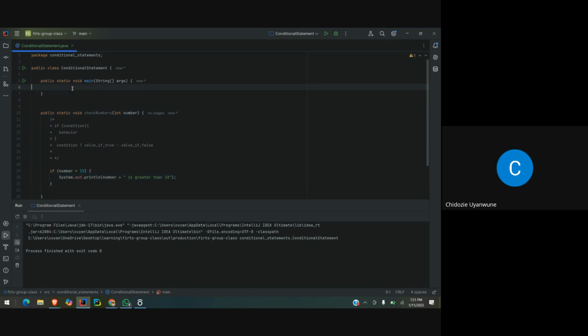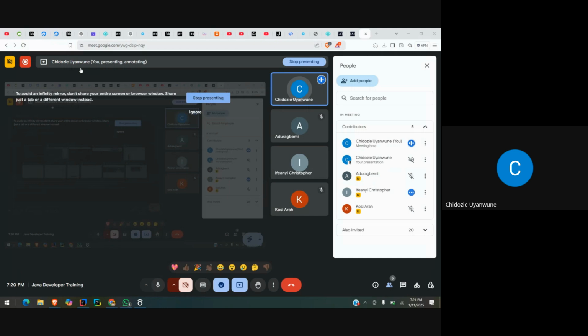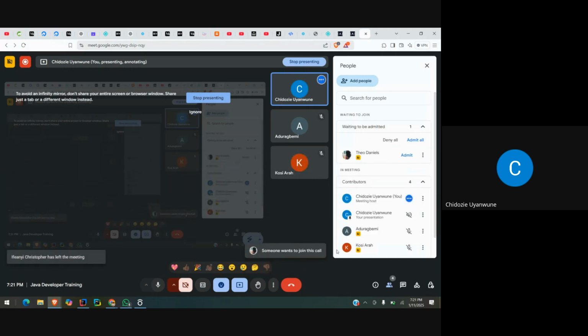So for us to check that our implementation or the behavior that we want is correct, we should call the method, and how we call it is just the name, because we have this as a static method. If we remove this static, we have to remember yesterday,